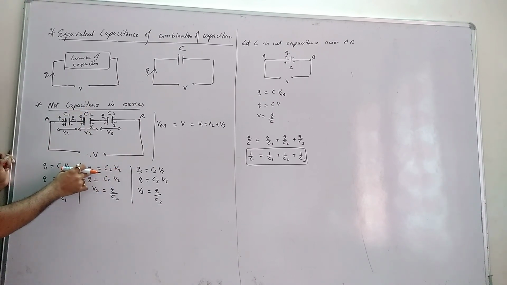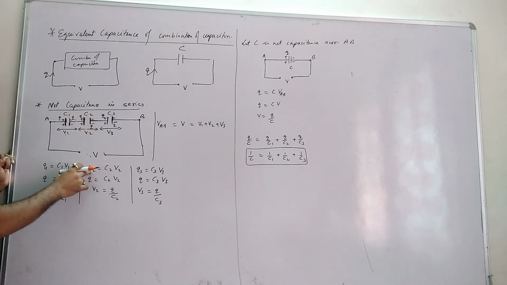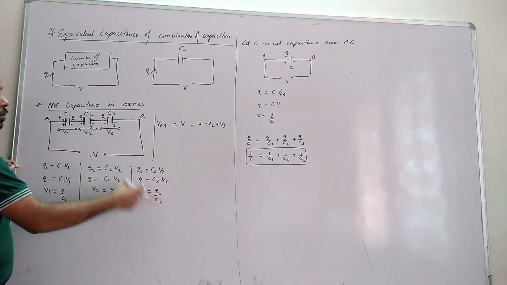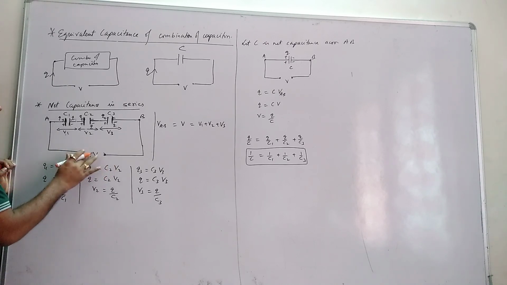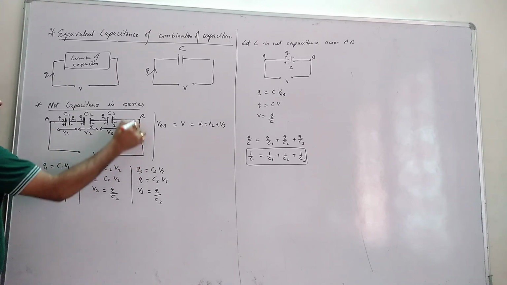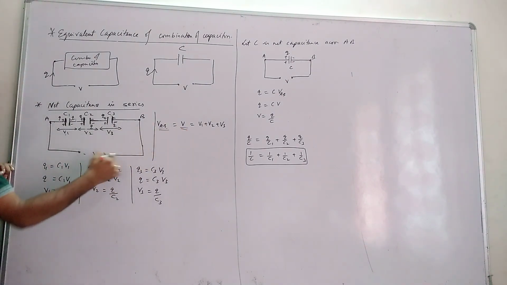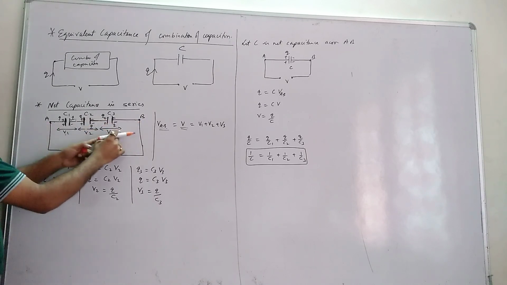Charge through C2 is Q2. What is the charge through C2? It is Q. So in place of Q2 I have written Q. C2 V2. From there we got V2. Similarly Q3. Now from here to here how much potential difference do we have? V. Now this point is directly connected with AB. That is, potential difference across AB is V only. Nodal concept. And from here to here potential difference is this plus this plus this.